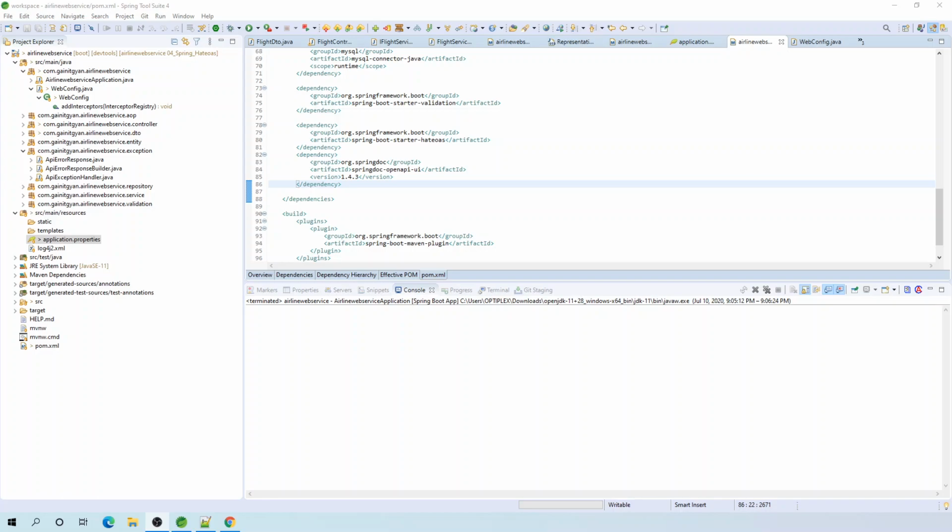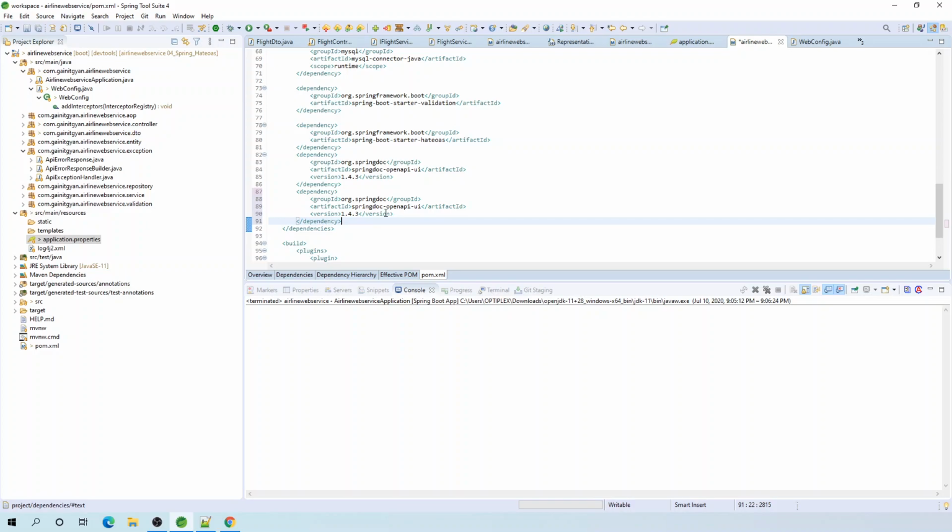First step is to add the dependency to our application. As we are using Spring Boot, the dependency is Spring Doc OpenAPI UI. So by adding this dependency, we now have enabled Swagger default configurations. With this default configuration, we can see the documentation of all our APIs in the application, that is in the JSON format. So let's start the server